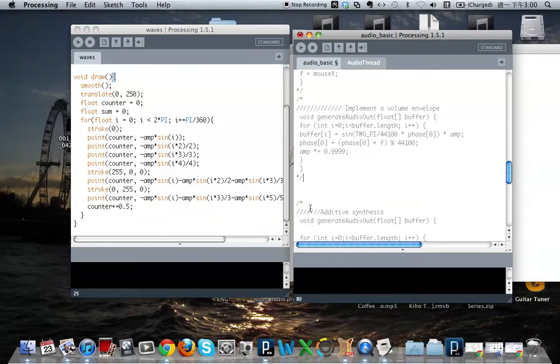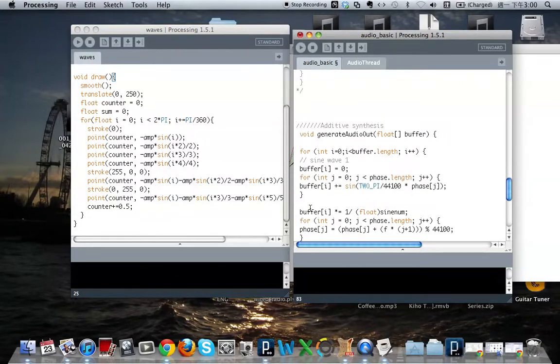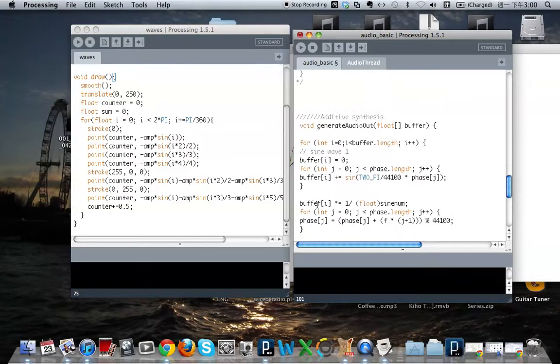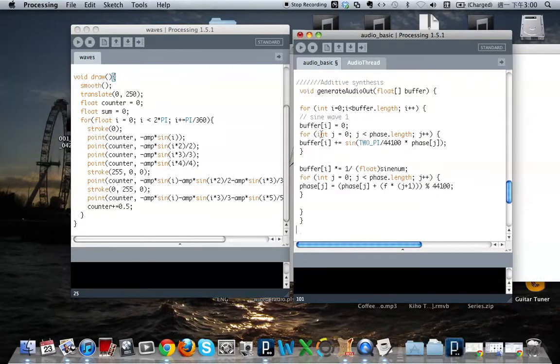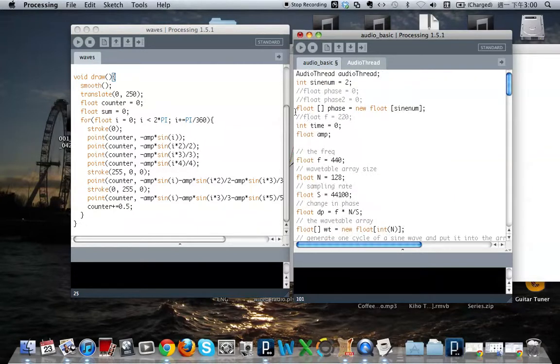On to the third part, additive synthesis. Okay, this part of the code is originally the one on the lab sheet. All I did is convert it into a nested loop. So instead of calling phase 1, phase 2 every time, creating a new variable every time I want to add a new wave, I just used a float array variable called phase, and